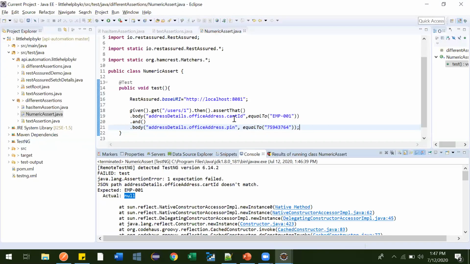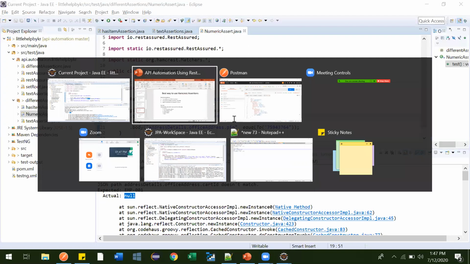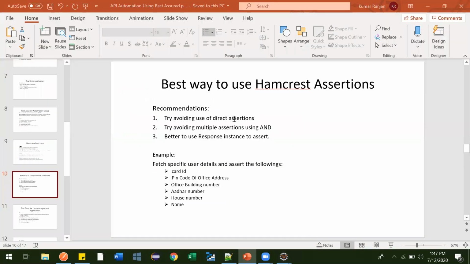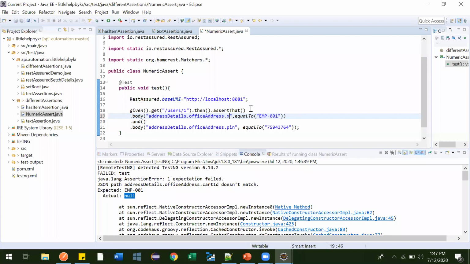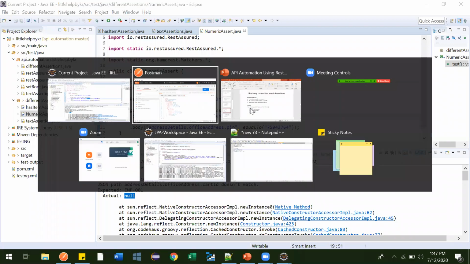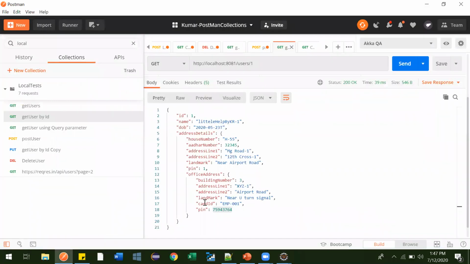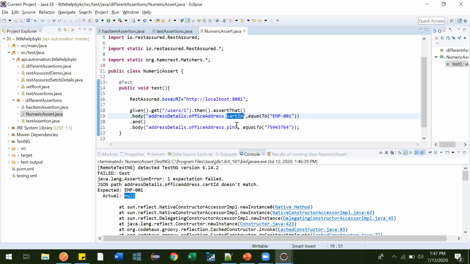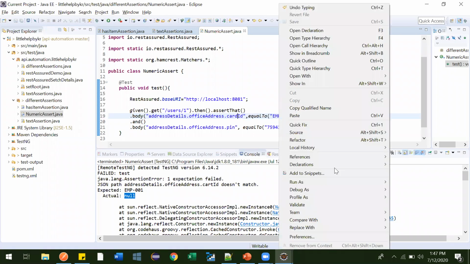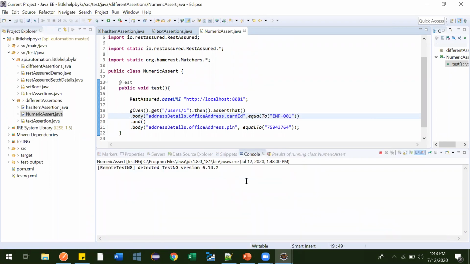Hold on, let me check. Oh, sorry. Here we have written the wrong key for cart id. Because of that, the key was not available, and that's why it was giving us null.